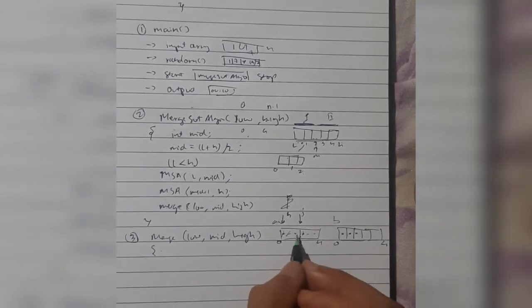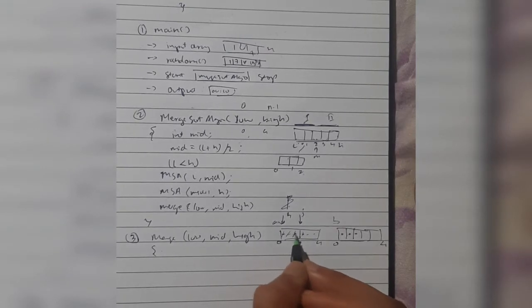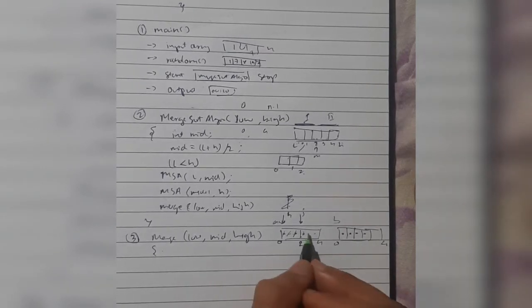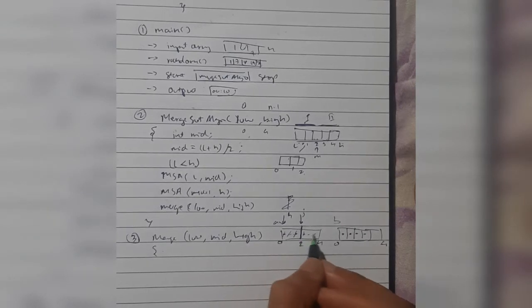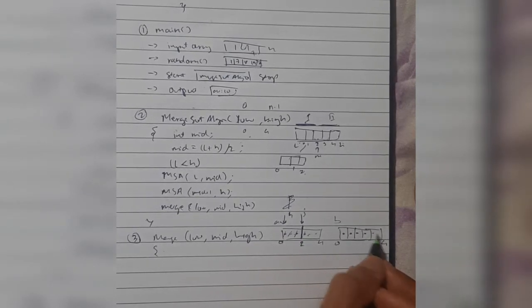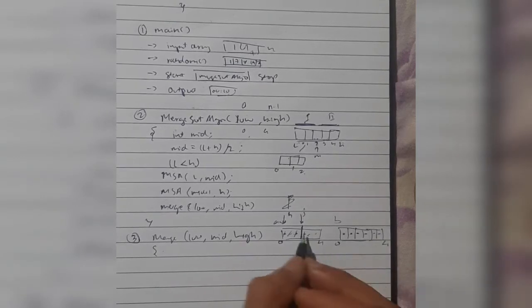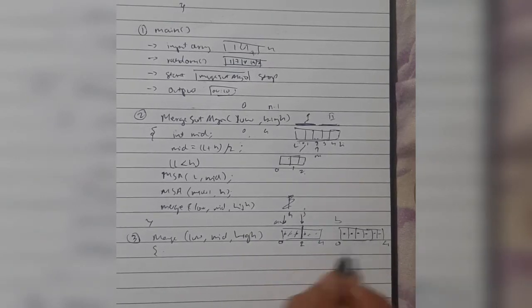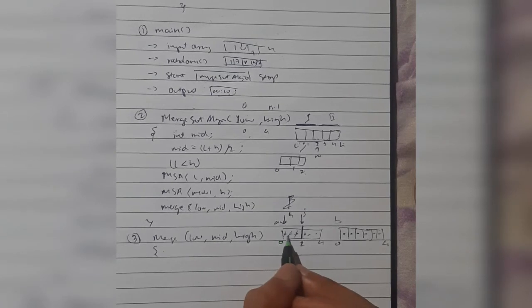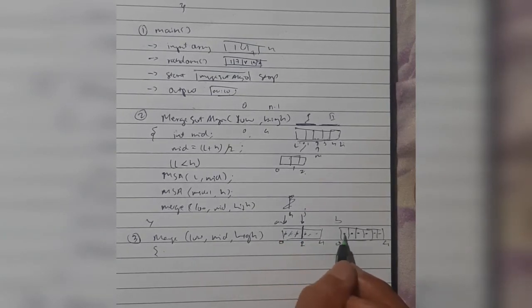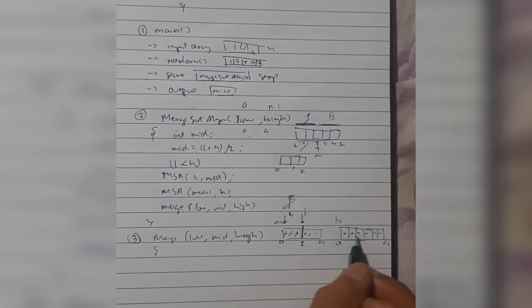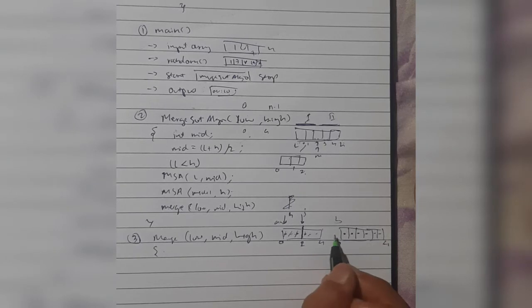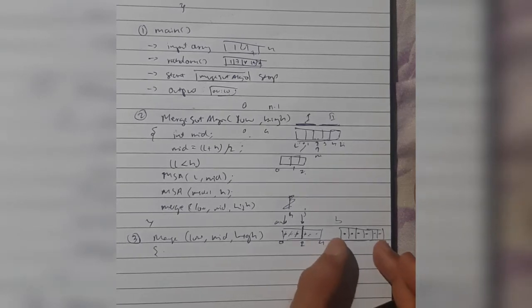Suppose that this came here, this one was also smaller, and it was written here, and at that time we have crossed this midpoint. If we cross this point, the two remaining elements will be written here. These two remaining elements will be written in the b array. So what happens here is, we are choosing the elements which are smaller in this way, meaning the smallest will be written here, the next smallest will be written here, by comparing in each and every iteration. So what we'll get is a part of the array which is in ascending order.